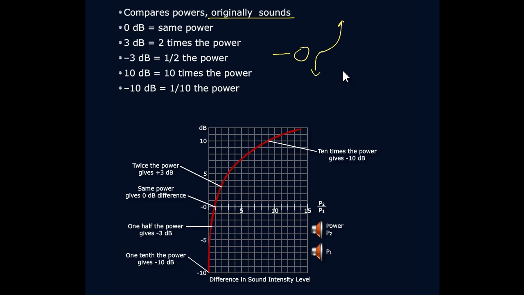It originally came up because Bell Laboratories was trying to figure out a way to describe the loss of the sound signal over miles of line. And a bell, the original unit, was actually based upon starting with 0 as the threshold of hearing and then saying, okay, how much signal do we have after a mile? It was a relative change in distance.